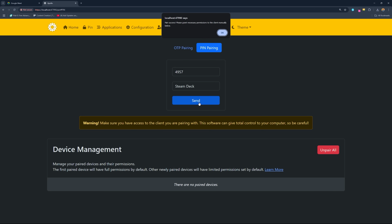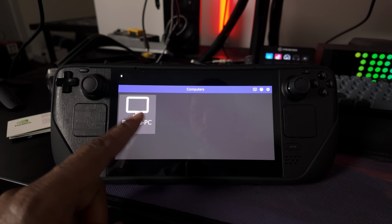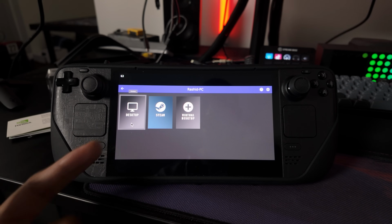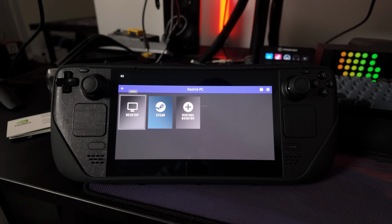Now we paired successfully, and now you'll see that our Steam Deck comes up here right in the bottom. And if we take a look back at the Steam Deck, we can see that we are now successfully connected because there's no longer that lock symbol here. And when we tap on PC, we can now see all of the applications that were available to launch on your gaming PC. But before we click on any of these applications, I want to show you something real quick